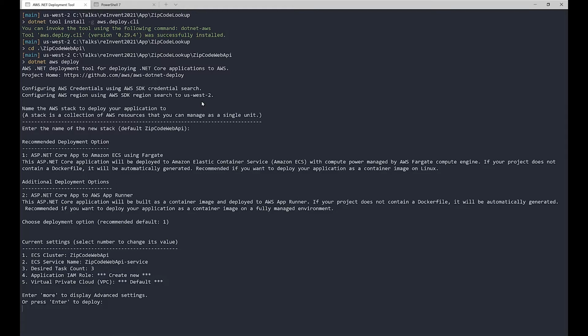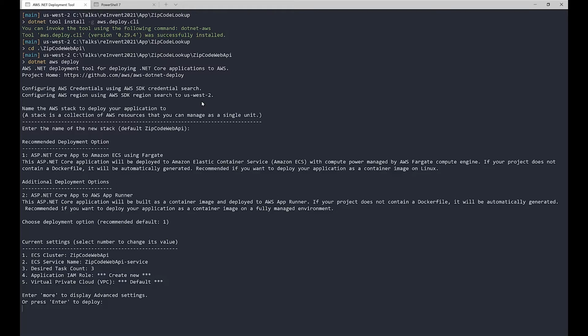But this time we want to make things a little different because it's not just my infrastructure resources I want created. I want my application resources created as well. In this case, I have that DynamoDB table, which is going to store all the zip code information. I want that created with my deployment. So what I want to do is actually create a deployment project to customize the deployment.